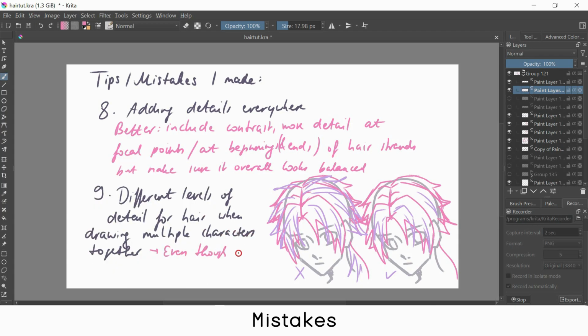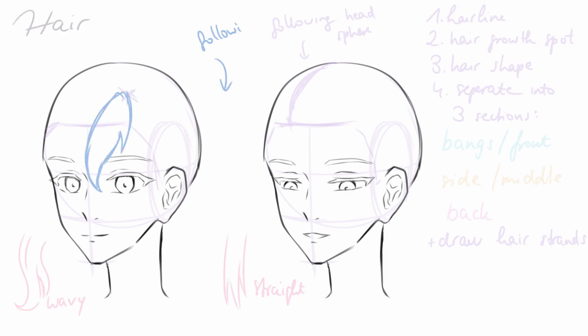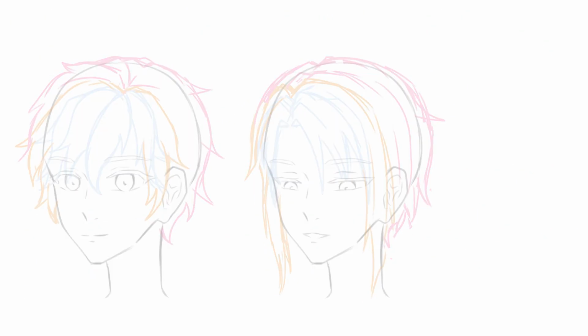For example, I often had a problem adding more strands and details to more straight hair than for curly hair, for example. And this would be it for all the mistakes, and with that this video comes to an end,